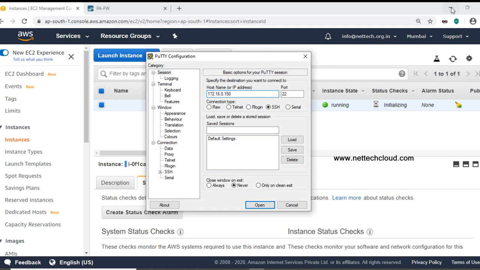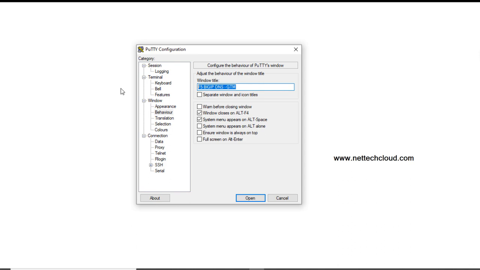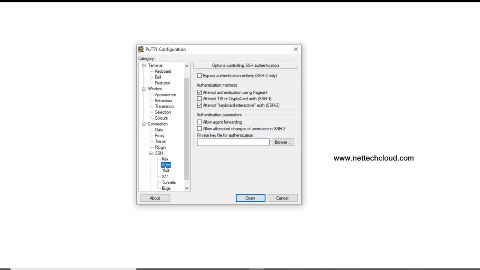I've opened PuTTY, and the IP address here on this Linux machine is 1.15, and I need to use a ppk file for authentication.